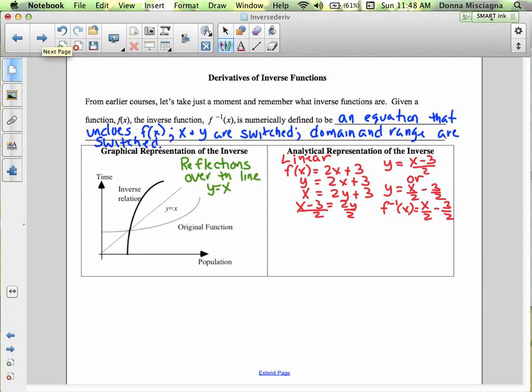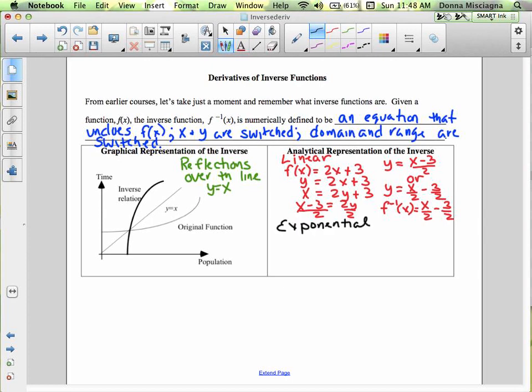Right, let's look at an exponential example. I'm going to use the equation, and I'm just going to put g of x, and then we'll switch it to y. So g of x equals 3e to the x plus 2 power plus 1. Now we're going to switch the g of x to a y, so y equals 3e to the x plus 2 power plus 1. We're going to switch x and y, so x equals 3e to the y plus 2 power plus 1,